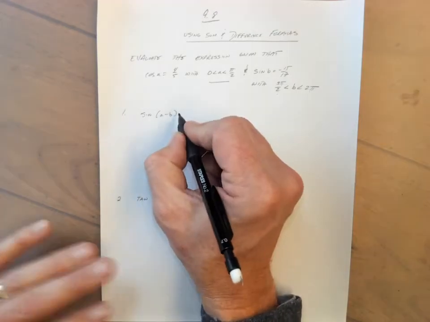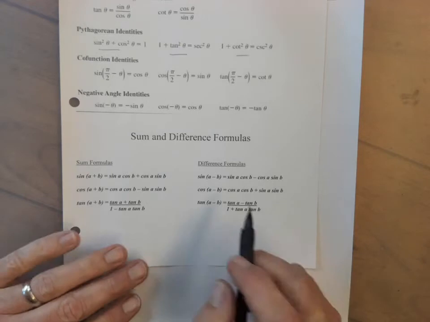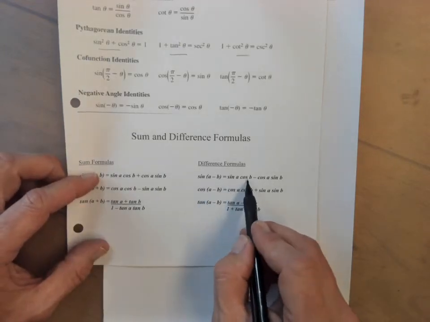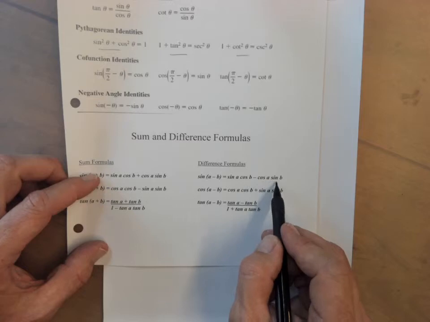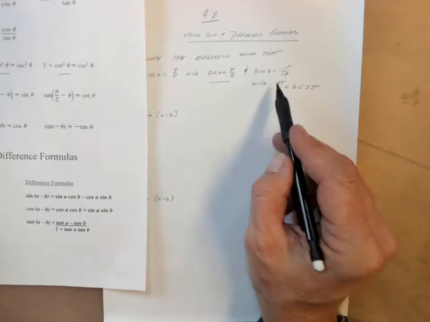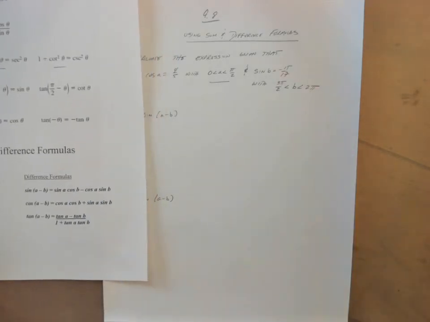All right, so we're going back to our formula sheet. So here we have a sine difference. So sine A cosine B minus cosine A sine B. So what that means is that we're given cosine of A and sine of B, but we need sine A and cosine B. So